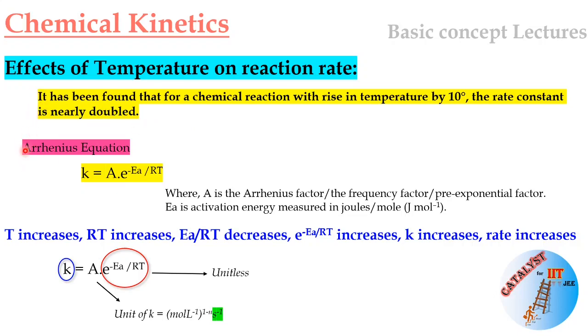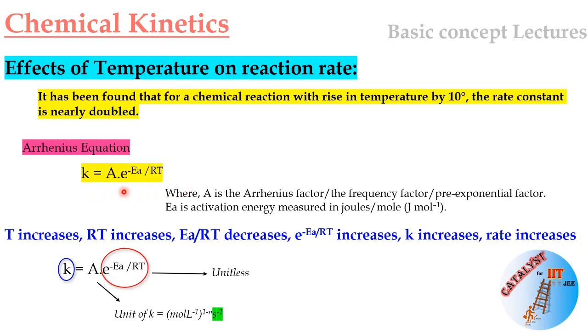This statement comes from the Arrhenius equation. The Arrhenius equation says k equals A e to the power minus Ea by RT. Where does this Arrhenius equation come from? It comes from thermodynamics. Now we will derive this equation in the thermodynamics lecture in detail, but at this point you just remember that